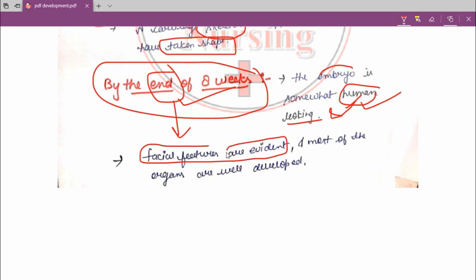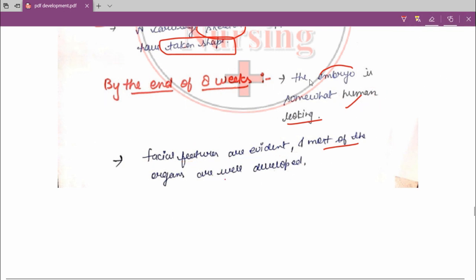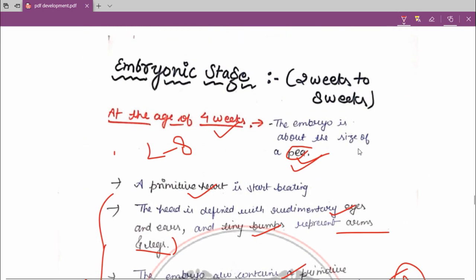Now the facial features are evident, and most of the organs are well developed, and most of the organs in the body of the embryo will develop by the end of the 8th week. Okay, so it is about what? It is about the embryonic period, and the embryonic stage is from 2 weeks to 8 weeks,